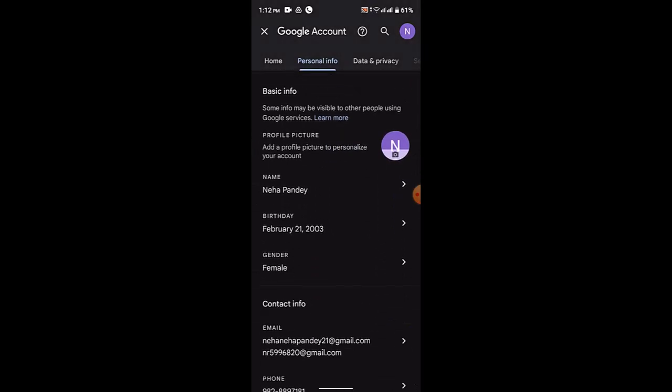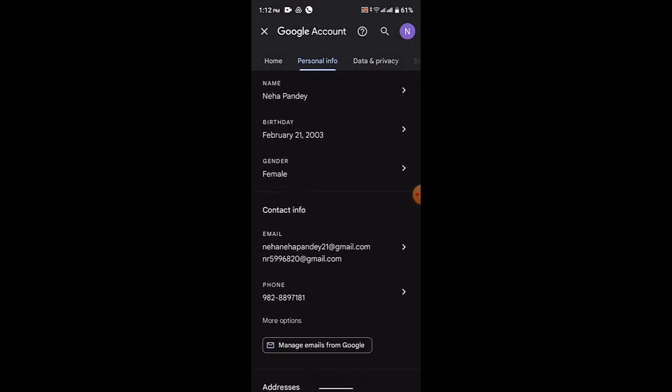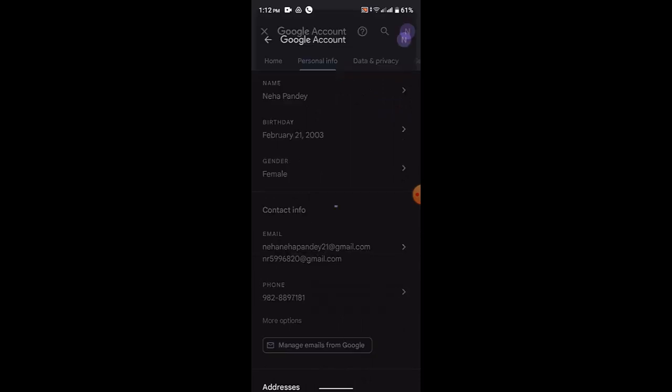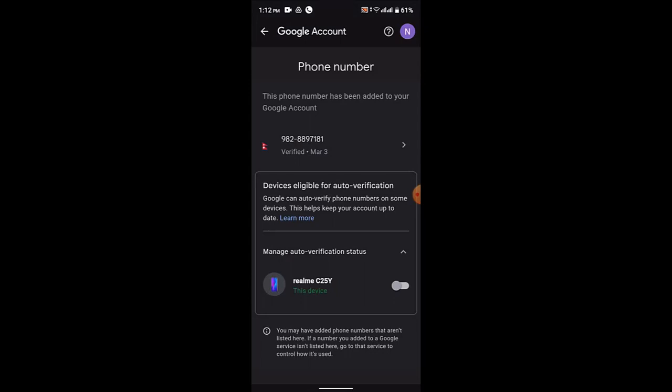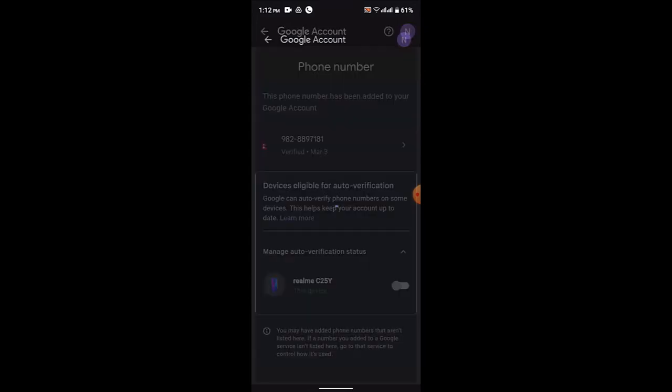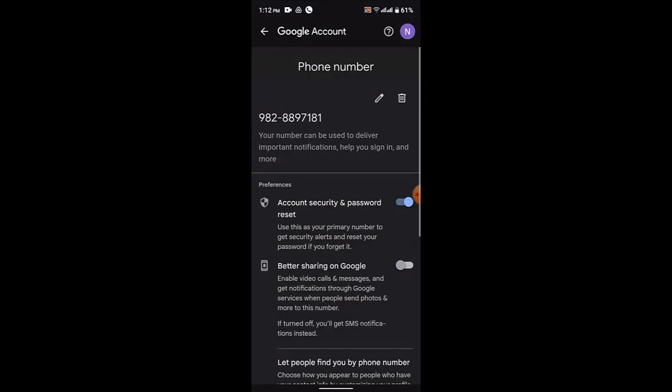Here you need to scroll down a bit, and under contact info you can see your email and then a phone number. So for the phone number, if you want to remove it, then tap the phone number, and as you can see that it's currently verified. It is also verified, so tap the arrow icon once again, and in order to remove it, tap the bin icon from the top,